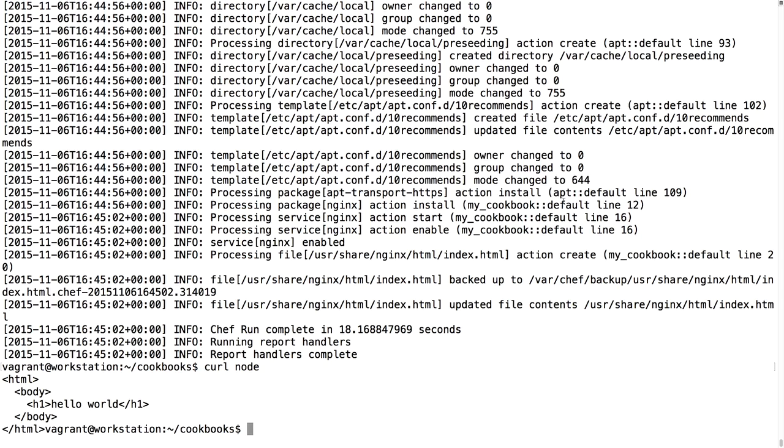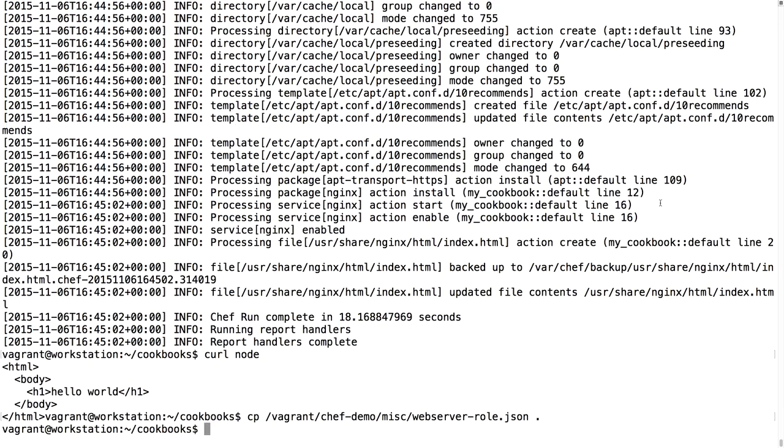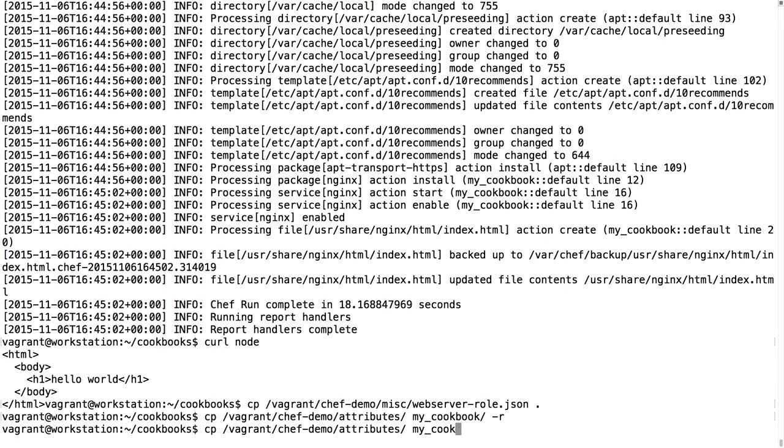Let's now try to use roles. Let's copy our role from our /vagrant, chef demo, web server role. And let's also use the templates and variables. So I'm going to copy attributes to my cookbook and the templates